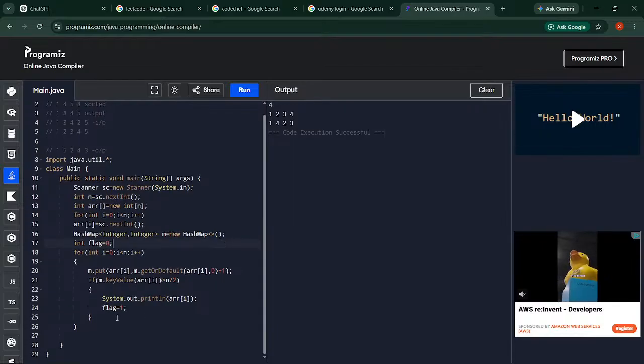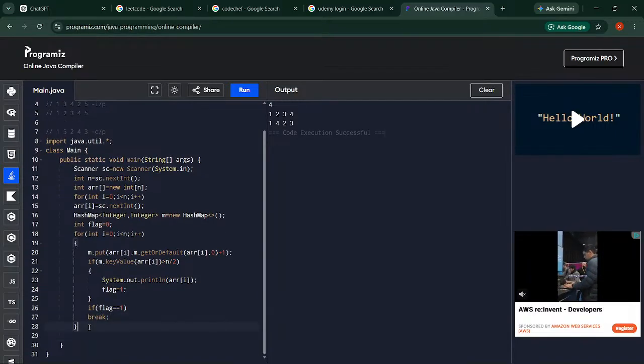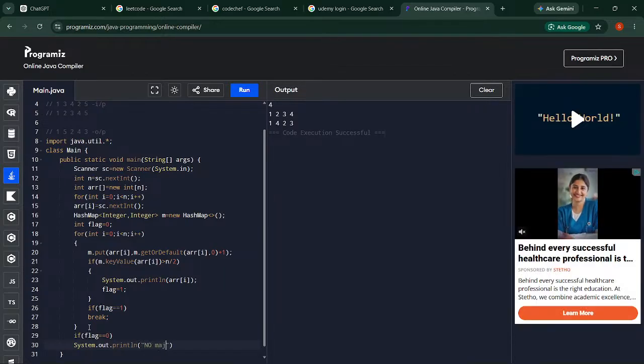If the condition is met, we will set flag equal to 1, and if flag equal 1, we will break. If the condition is never met, the flag will remain 0 and we can say that no majority element is found. So we will just print System.out.println, oh wait, not arr[i], just simply no majority element